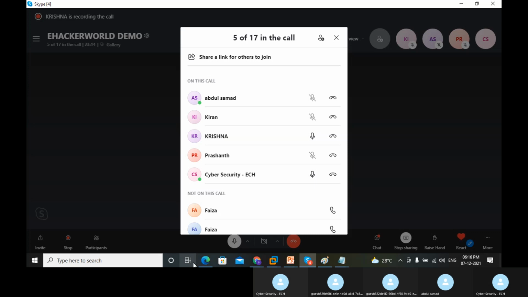But if you ask which tool we use for that purpose, we can use Splunk or QRadar. Mostly we'll use IBM QRadar because that is a common tool which all organizations use. Then they go for Splunk, the second. Okay, and this is all right from the practical session.